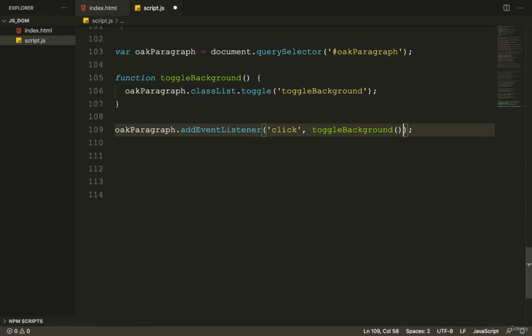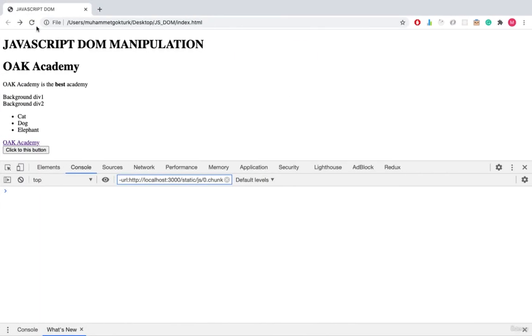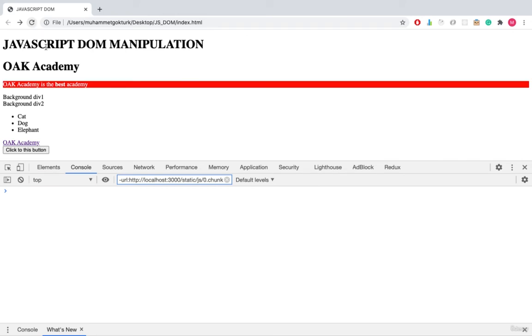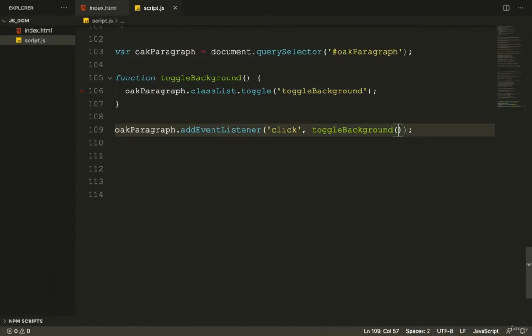So I'll put parentheses here, and then I save this and go to the browser, refresh the page, and what do you see? As soon as we refresh the page, the function was called. It didn't wait for an event. Okay, so I'll go to the code again, and I want to call this function just when the paragraph is